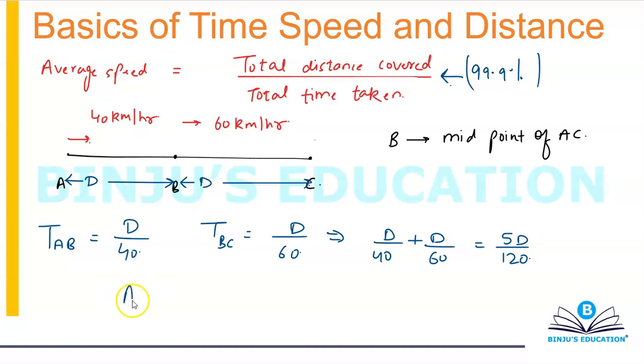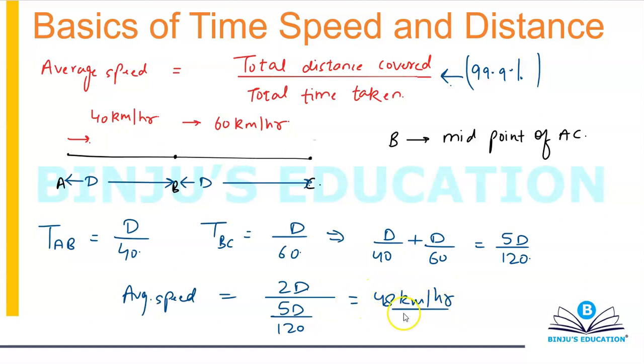Now when you talk about the average speed, that's the total distance, which is 2D, divided by total time, that is 5D by 120, and this will again come out to be 48 km per hour. Now the reason why I solved this question for a straight line motion also, not for a to and fro motion, is because I have observed with many of my students that they say that the formula 2xy divided by x plus y is only valid for a to and fro motion. So no, the answer is no. You can use that formula. Here also you will get the same result, that is 48 kilometers per hour.